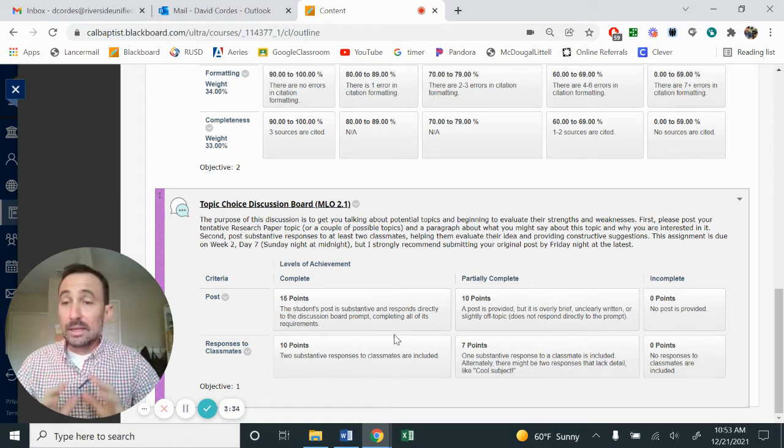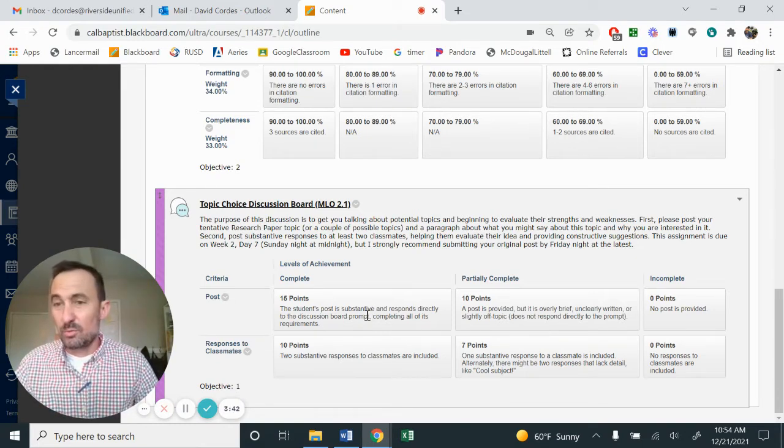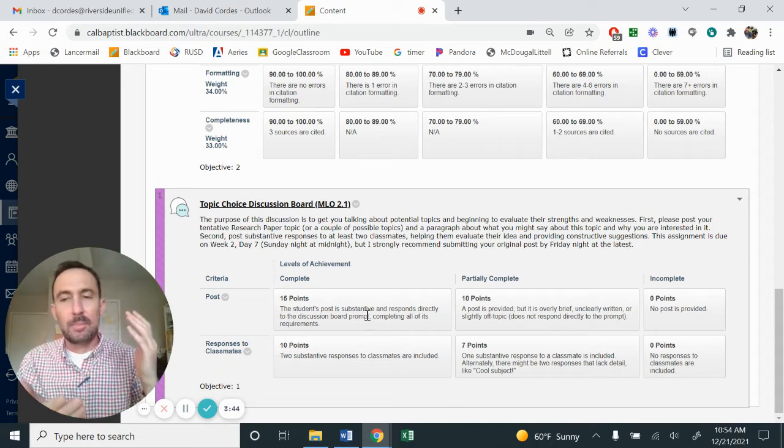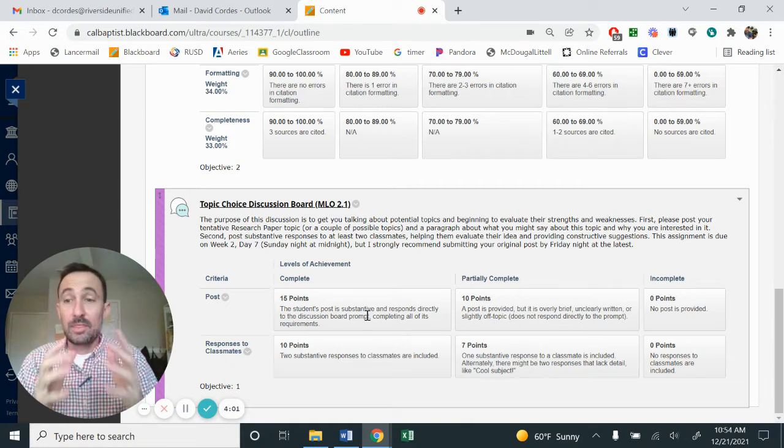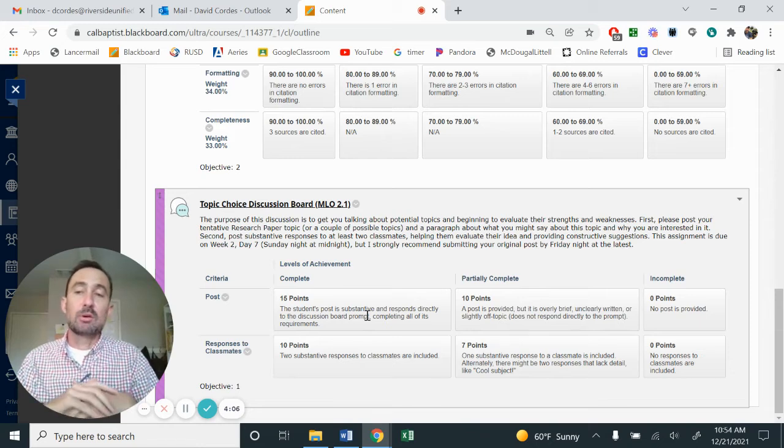It is perfectly fine if your ideas shift and change and morph. Even though this seems rather daunting, like I have to have a topic, I have to have a position, this is what I've found, it's okay if it shifts and morphs a little bit along the way. That's part of the research. That's part of the process of fine-tuning what it actually looks like towards the end. But this is a place where we declare: this is what I'm going to do, this is what I'm thinking about, and this is where I want to progress and move forward.